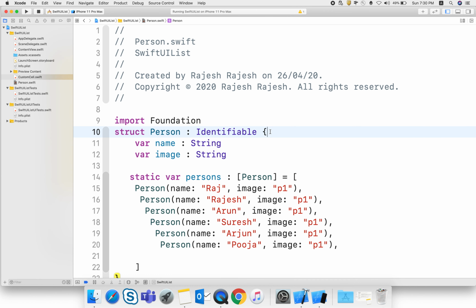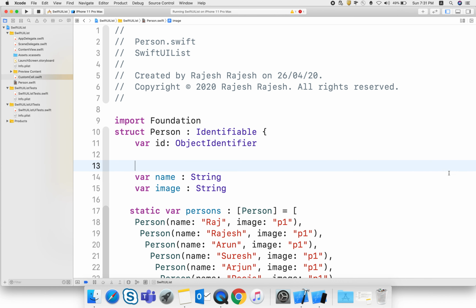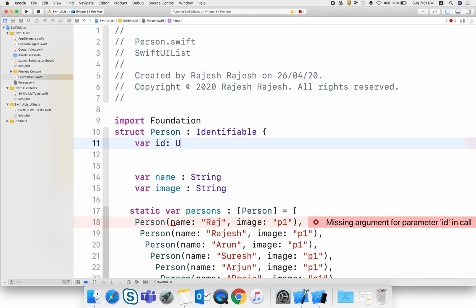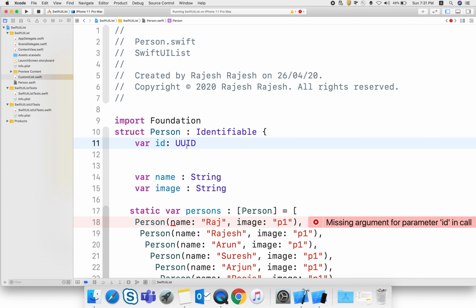When I conform to it, it gives me an error. Here is a property, ID, that is unique. To make it unique, I am just using a UUID, a universal unique identifier, which is quite unique.